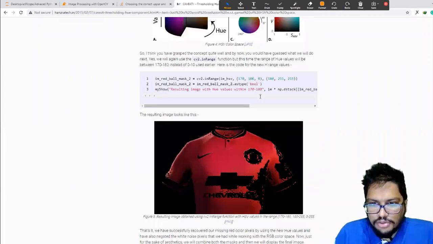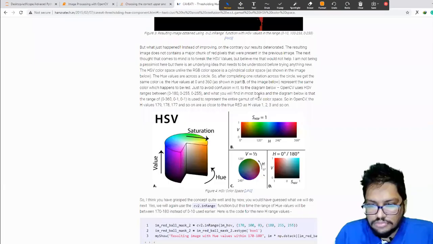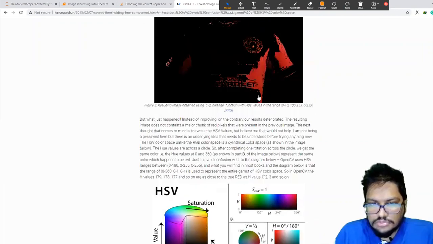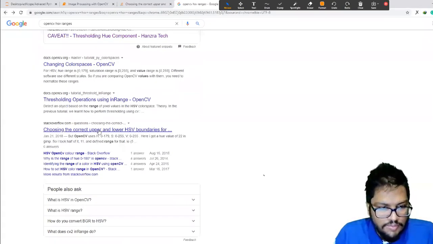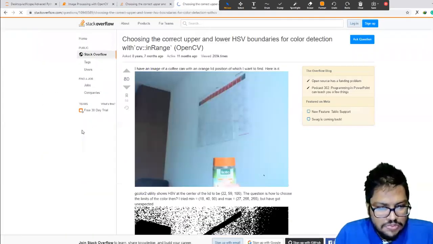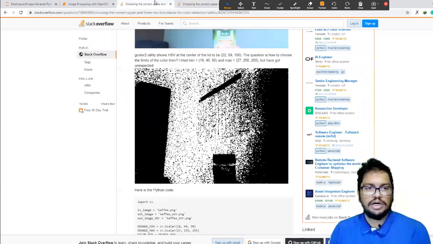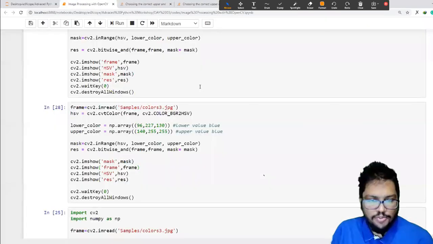Okay. Yes. So in OpenCV that you have to provide